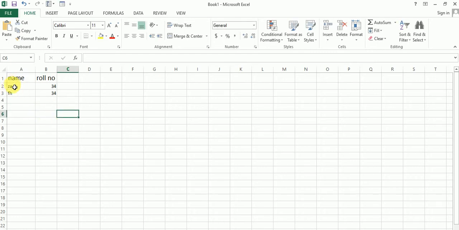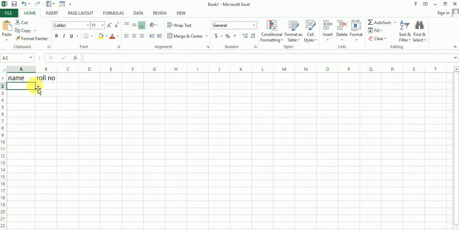You can use the same process directly, but we will use the form to add a new record in an MS Excel worksheet. First step, select the cell where you want to put the new record.